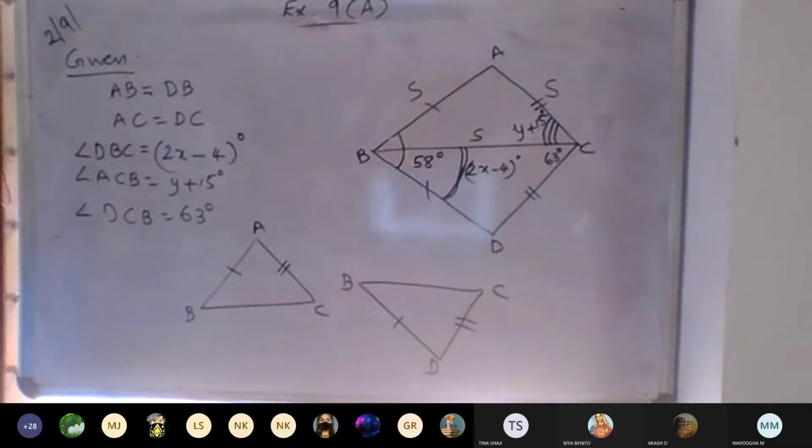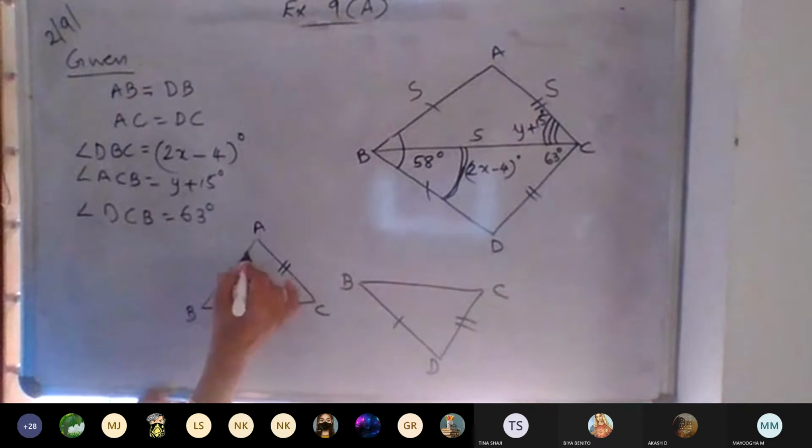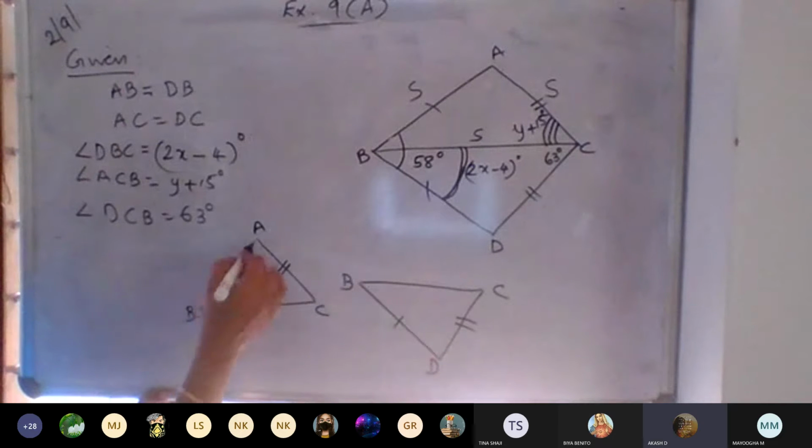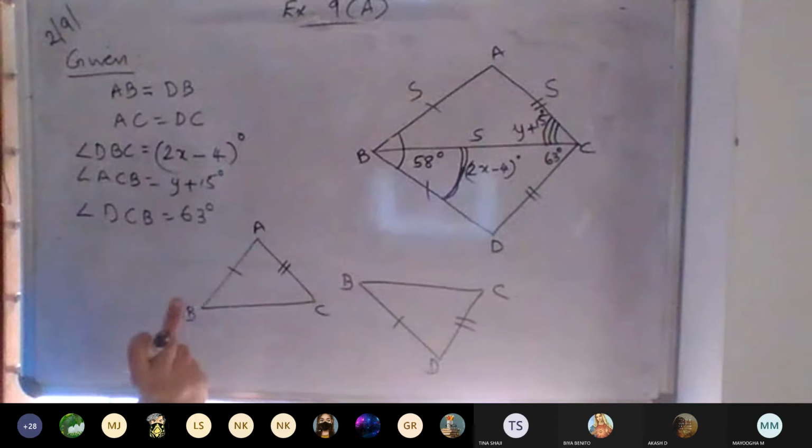So which are the corresponding angles? Tell me. Which two? Angle A will be equal to what? Angle D. AB and BD. Not angle, not side. Angle A will be equal to angle D. Then angle B will be equal to